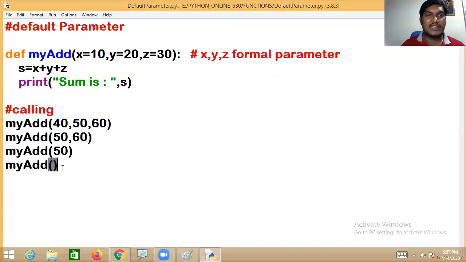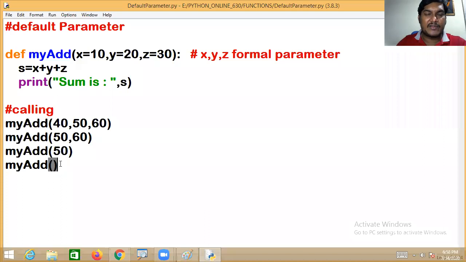So what are default parameters? Very simple, gentlemen. A default parameter is the process of defining the formal parameter with some value. The default parameters are automatically replaced with the actual parameters. But default parameters take place whenever we fail to pass values to them.